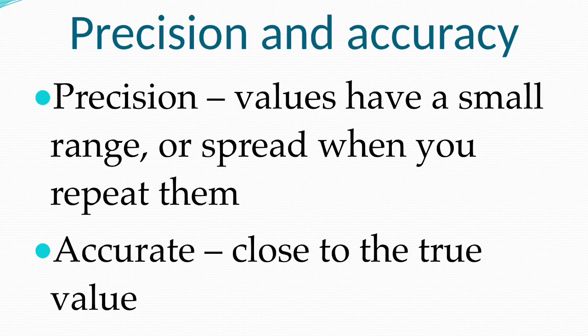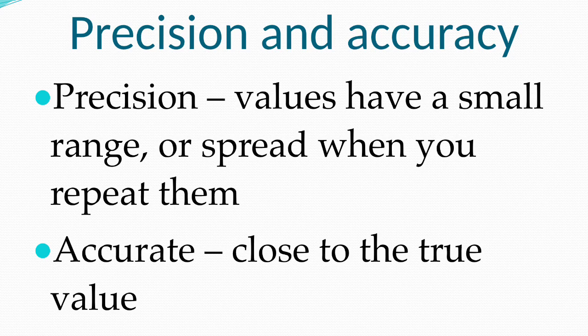Hopefully by now you've got 3 sets of results for the time and speed of the falling object, and we can compare those results in terms of precision and accuracy. If all 3 results are close together, we would say those results are very precise, but the reality is in this experiment the chances are we wouldn't get close results, and that's because the apparatus isn't very precise for the very short time periods that we're looking at due to human error. Using something like a light gate would be far preferable, and that's what they would expect you to suggest in